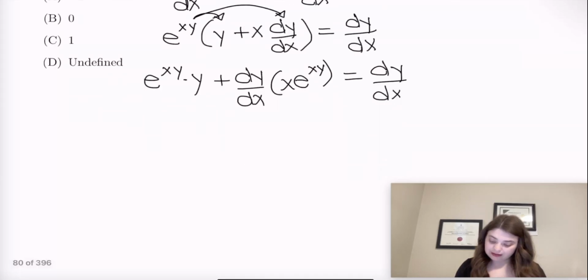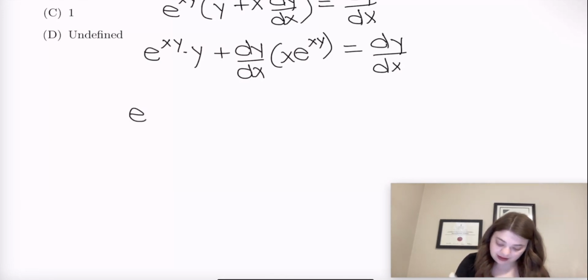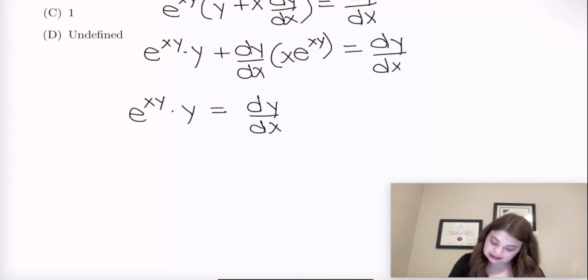Okay, so let's fix that. Let's have e to the power of xy times y stay over here, and we'll put that as equal to dy over dx minus x e to the xy dy